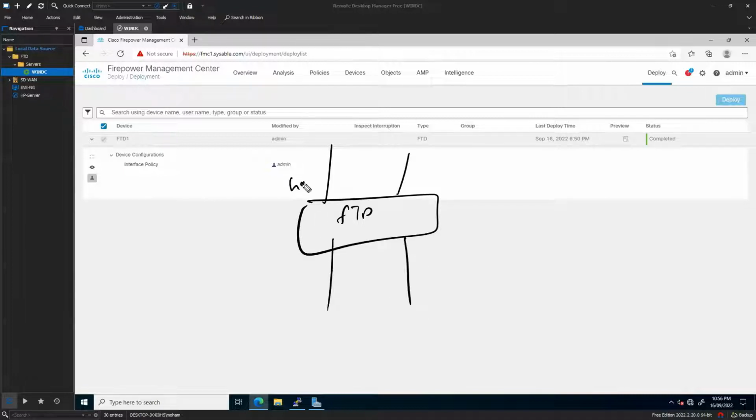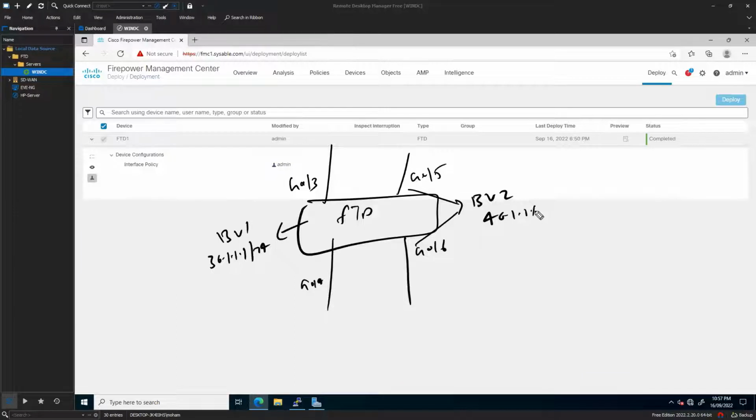Now, gig 0/3, gig 0/4. That is my FTD with the BBI1, which consists of 30.1.1.1/24. Next, this might be like gig 0/5, gig 0/6. Again, these two interfaces now belong to BB2, which has a 40.1.1.1/24. Same thing. After creating these two things, now if I want to communicate with each other, the only thing